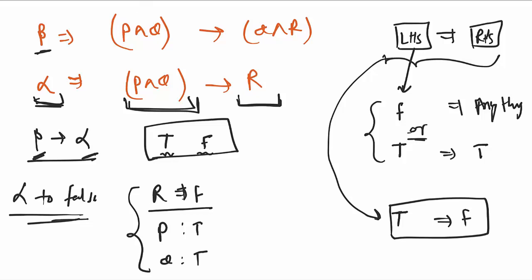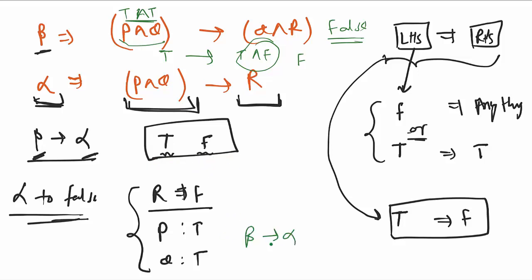Now let's check whether I can make beta true. See, if I put true and true, then this complete thing will be true. Imply Q and R, which is true and false. True and false is false. So true imply false, this is false. I'm not able to make beta true, right? So the true-false combination is not arising here. That is why this beta imply alpha is also a tautology.